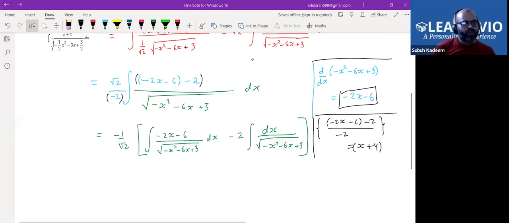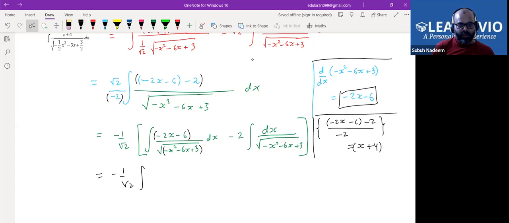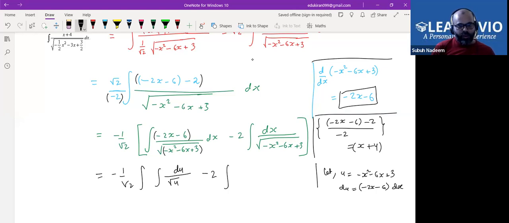Okay, Shavaz. So now this first part is minus x square minus 6x plus 3, and here is its derivative. That is what we have done. If we take it as root over u, then the numerator is du. So let u be minus x square minus 6x plus 3, then du is equal to minus 2x minus 6 dx. Then we have minus 2 and the integral of dx by,